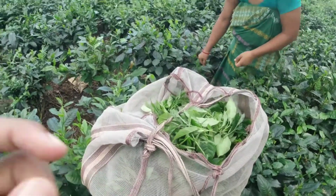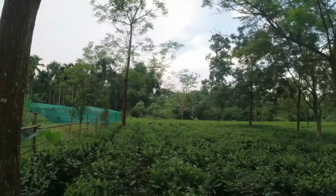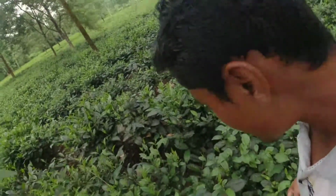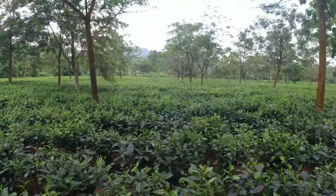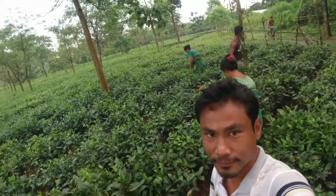This is a tea garden. Literally, it looks so beautiful. So incredible Assam, incredible India, and Assam is famous for tea garden also, right? I think you already know that the state of Assam is world's largest tea growing region by production, and I live here in Assam, so I just felt a need to share it with you guys